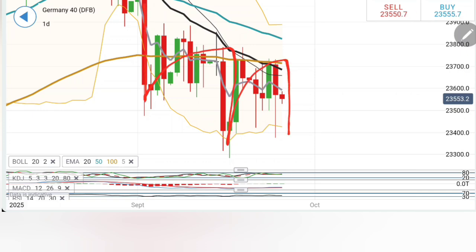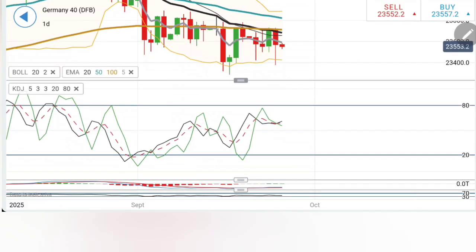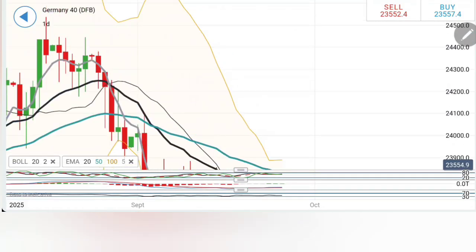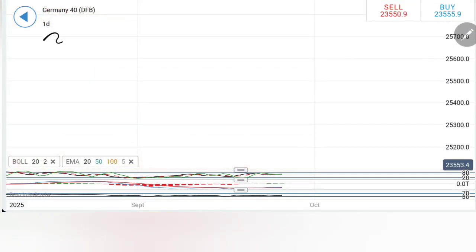Drop, retracement, and now looking downwards, it has already hit the lows. Now today's move is going to be very, very crucial here. Stochastic flat, while the MACD has crossed over for the buy, that is trading bullish, the RSI is flat. So looking at this, where you can buy, I will recommend you to buy at 23,600 levels